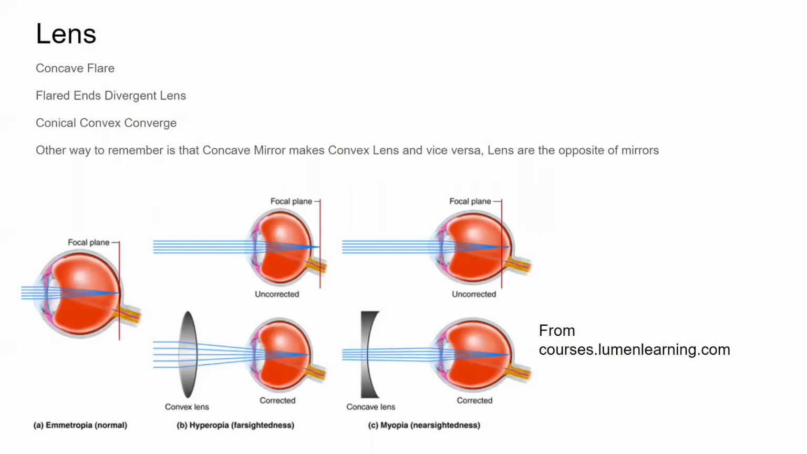You don't have to remember all of these. If you remember concave flare and flared ends, divergent lens, you can just, by process of elimination, know which one is not that. Another way is that a concave mirror makes a convex lens, and so the lenses are opposite of mirrors. So yeah, like putting two convex lenses together gives you a concave